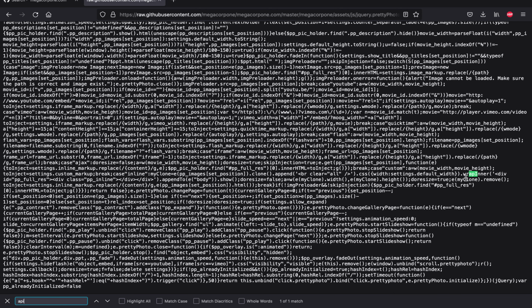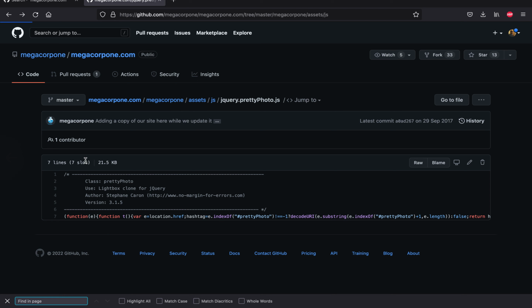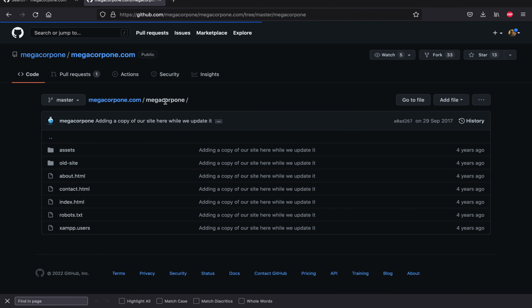So it says wrap inner and there is just one case, so no. Let's go for certain pass. It says no word regarding password is there, so it means there is no such sensitive information which we are supposed to look for. Let's go back to the parent folder of megacorp1, and here can you see there is